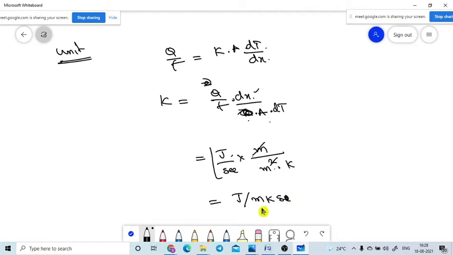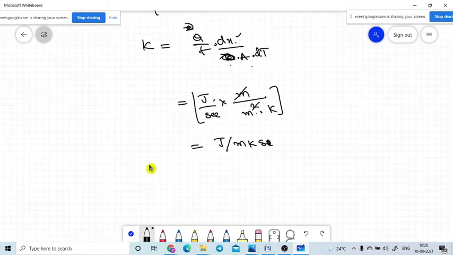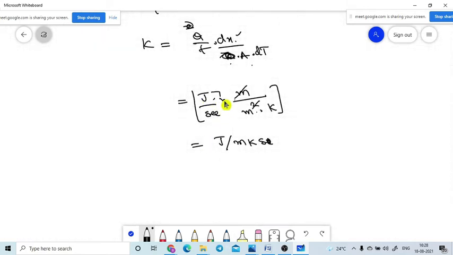Joule per meter Kelvin. Are you getting or not? So that is the units. In the CGS system, otherwise one more formula is there. Joule per second is nothing but the power of the material. Power can be represented with watts. That is equal to watts per, these two quantities are gone. That's why watts per meter Kelvin. This is also another unit for that one, because joule per second is nothing but watts.